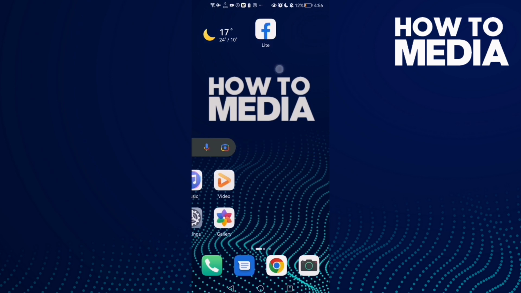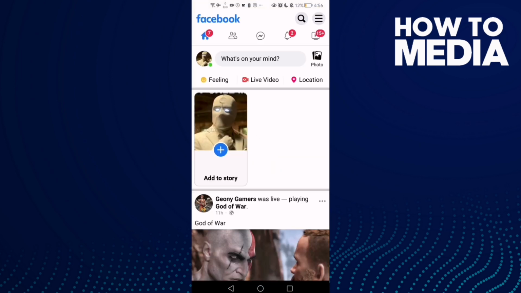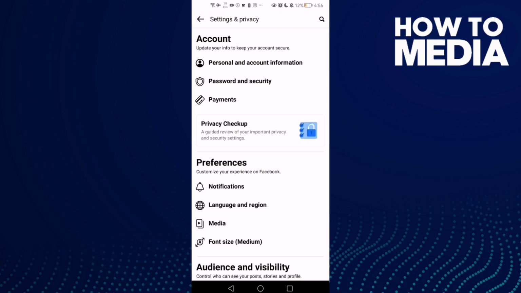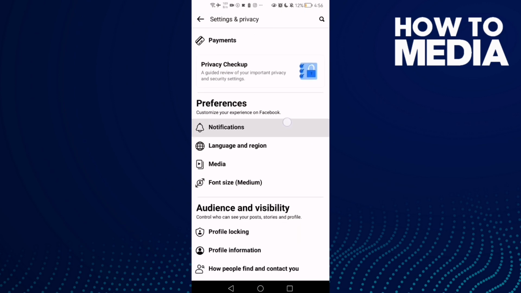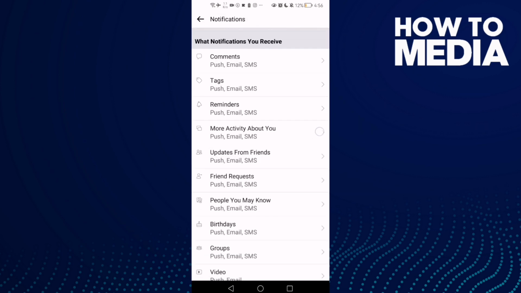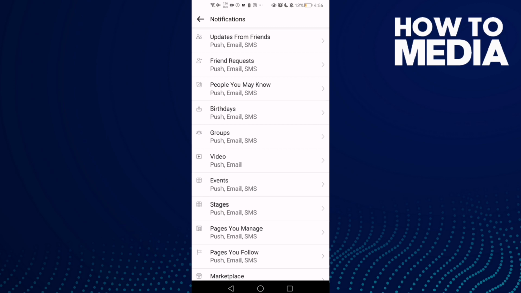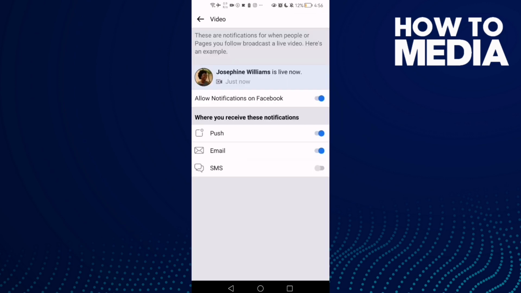First thing, go to Facebook Lite and here just click these three lines in the top corner and go down until you find settings, and now scroll down. Here you will find notifications and scroll down again. Here you will find video, click on it and then just turn SMS on, and that's it. Now just go back,